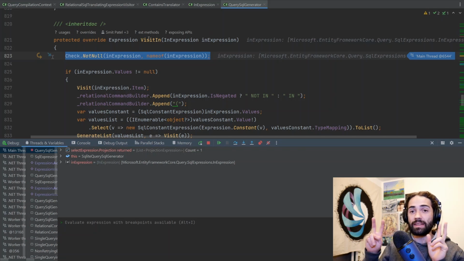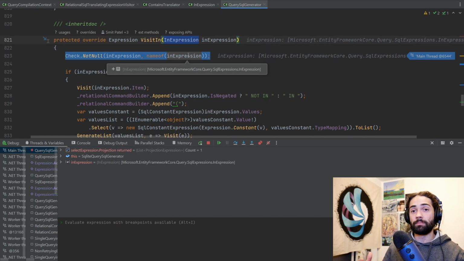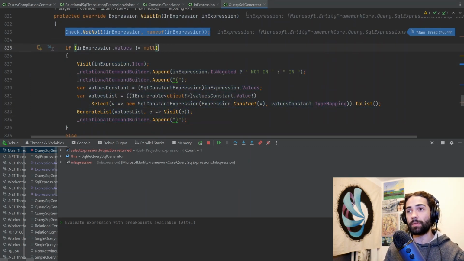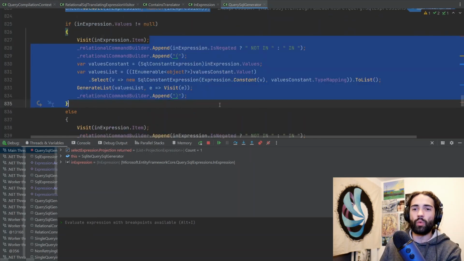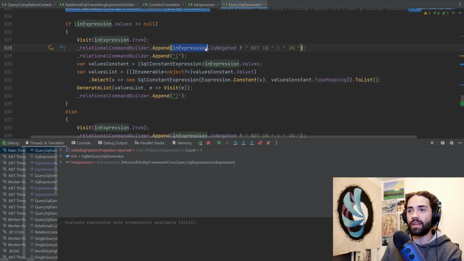We're visiting the in clause generation. If it finds the in expression, it knows how to translate it specifically. And pay attention to where in the SQL generator this is also going to be relevant. I'm going to show you how other databases may adapt from this intermediate object onto their own provider. We read things from the in expression, and depending on the information which it contains, we generate the correct SQL